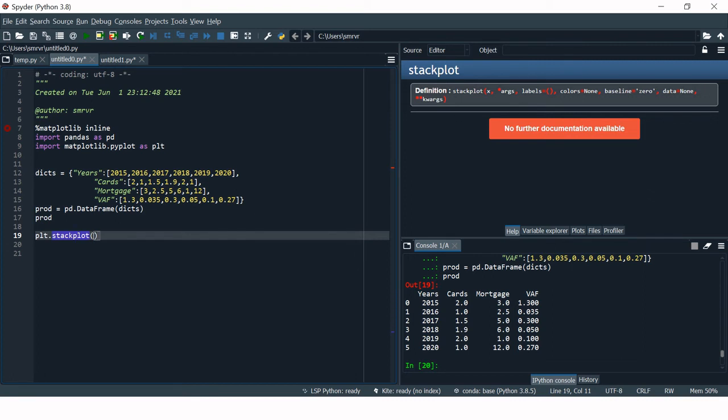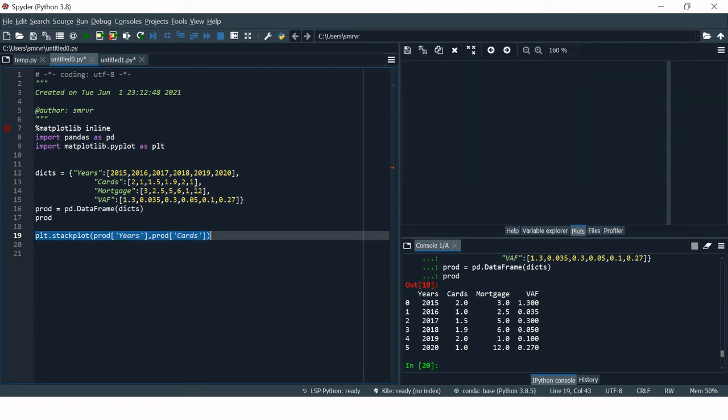So first we're going to provide the X-axis value, which is years from the bank data frame, and on the Y-axis we want to show the changes in the product called cards.